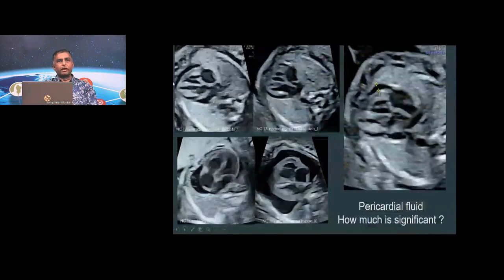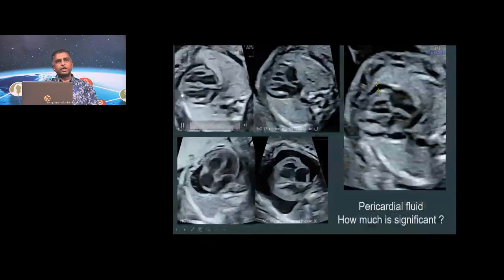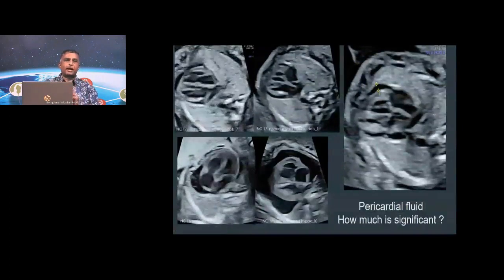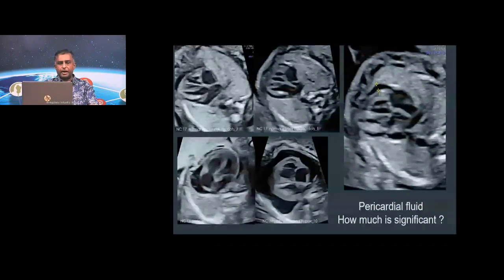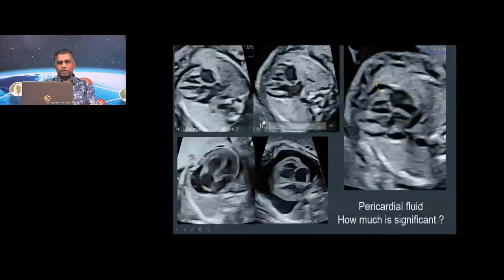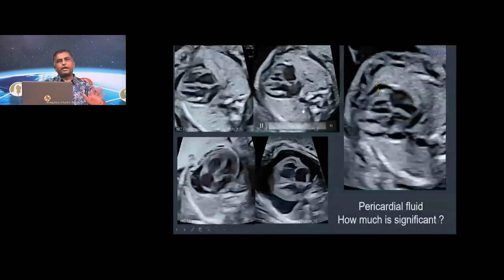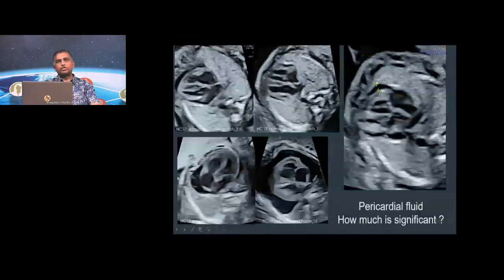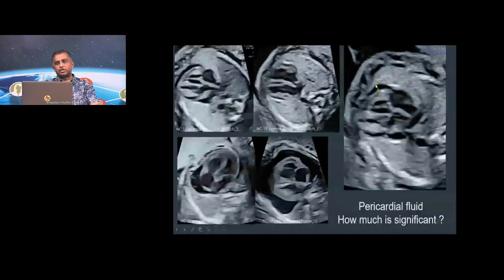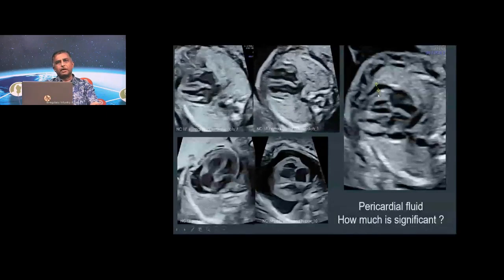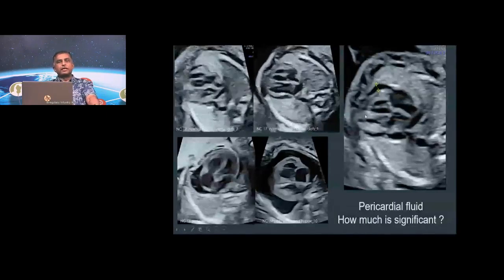issue of pericardial fluid. Now here is an image that you see here. That's the four-chamber view of the heart, and you have some fluid happening outside the heart over here. This is normal. That's normal pericardial fluid that you have here. You can see that sliver of fluid is normal. Not to call it pericardial effusion, the cutoff is 2 millimeters. If you measure the thickness of the fluid, an inner to inner measurement, and it's less than 2 millimeters, that